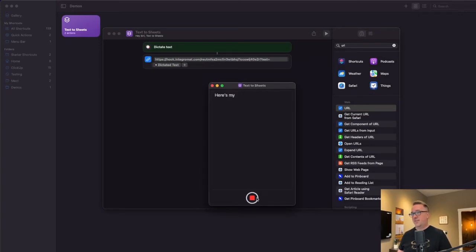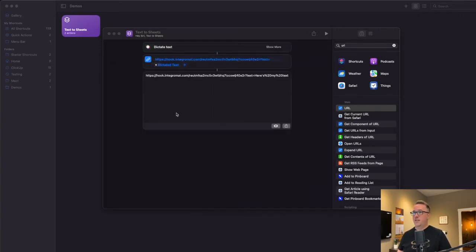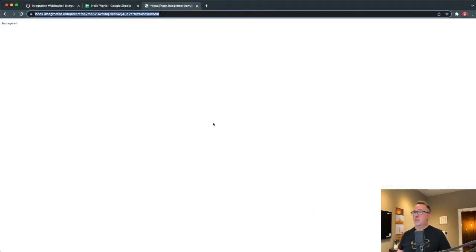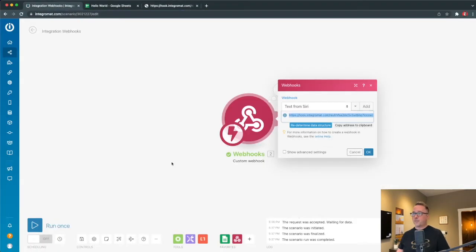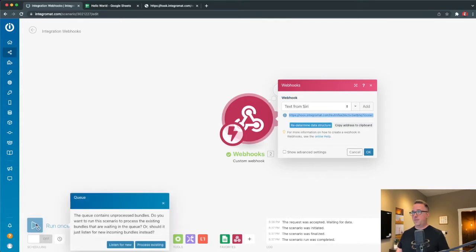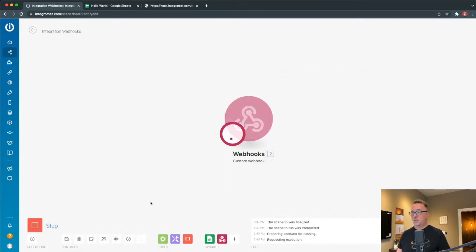here's my text. And then it ran. So if I went back here to Integromat, so if I click on run, it's going to ask me if I want to run some unprocessed bundles, which just means that it actually was listening, and it pulled in what I did from shortcuts. So I'll do process existing so that we don't have to do it again. So if I run this,